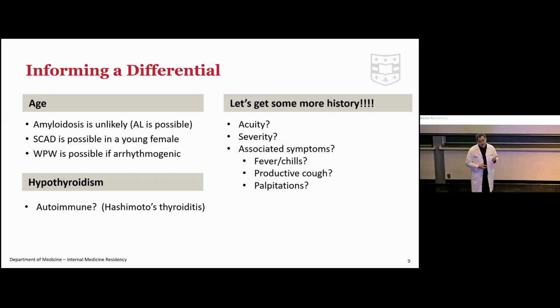Acuity of shortness of breath and chest pain is super helpful. Also associated symptoms. If I'm going down the autoimmune pathway, I might want to know if they have arthralgias or other things that might point me down there. But otherwise, are they just sick? A very common cause of shortness of breath and chest pain in a young woman would be bronchitis. Probably not the CPC for today, but certainly the leading differential. And so let's get some more information.